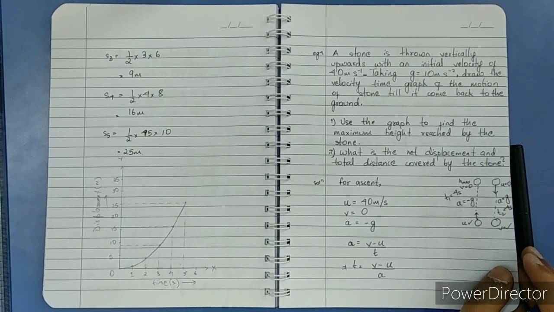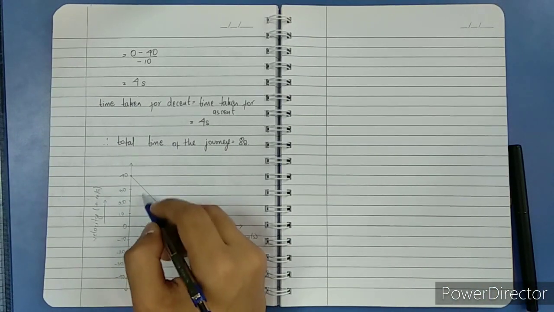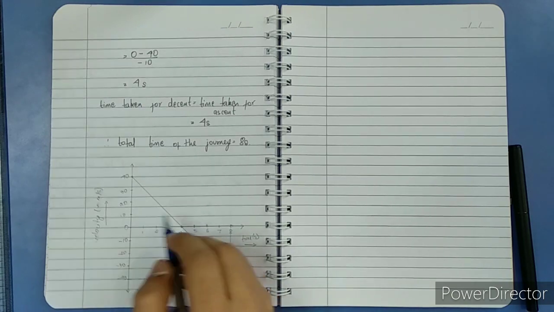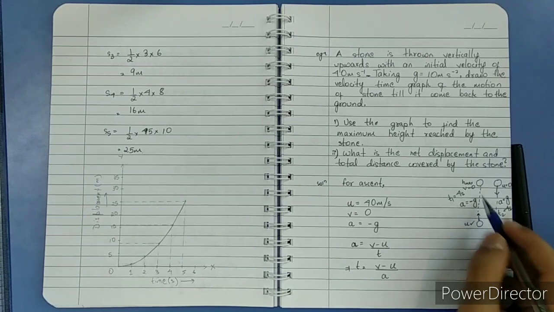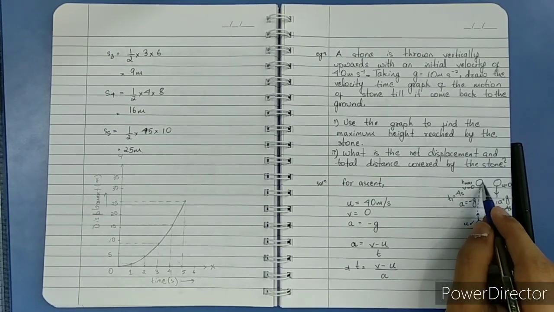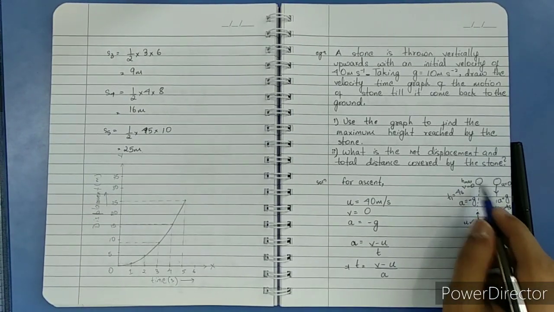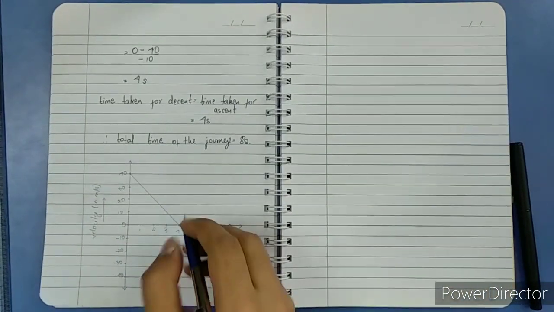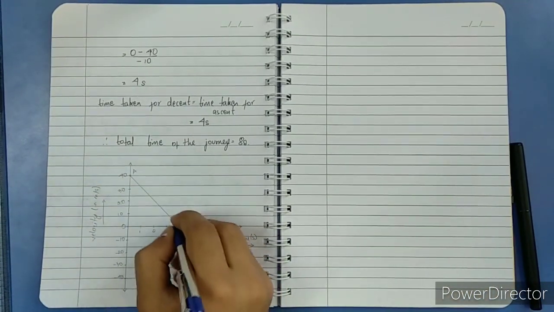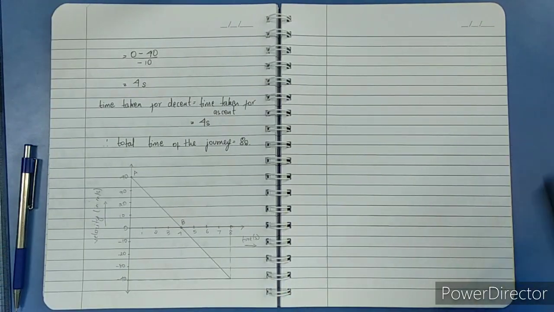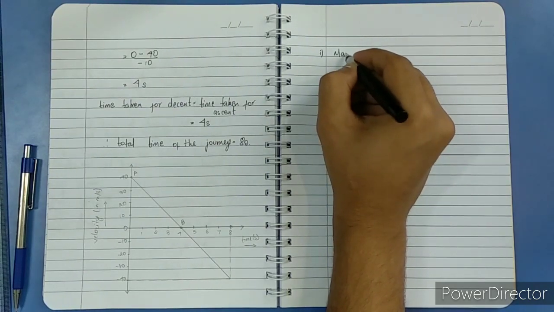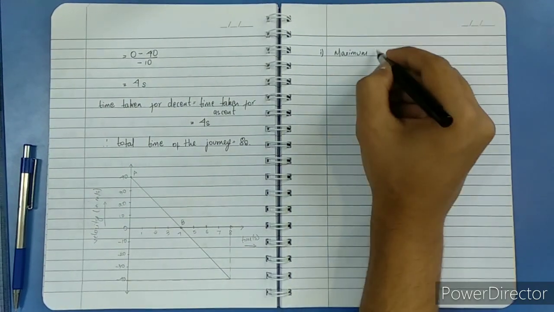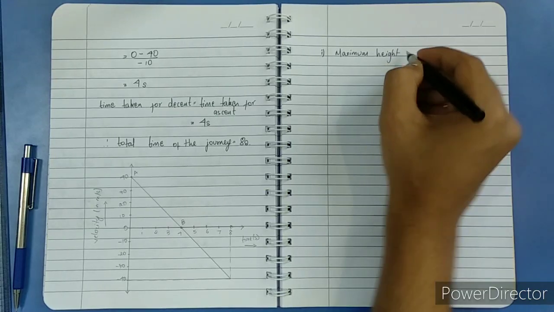Use the graph to find the maximum height reached by the stone. So this area over here, when you find this area, we'll calculate the total displacement of the body while going upwards, because while reaching velocity 0, it is going completely upwards. So let's mark this as A, B. So for the first part, the maximum height reached